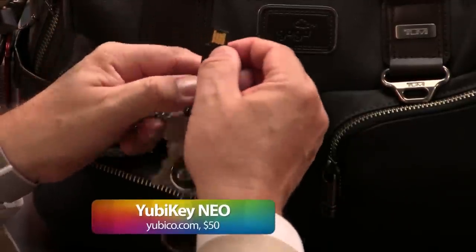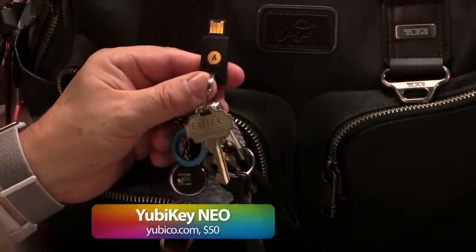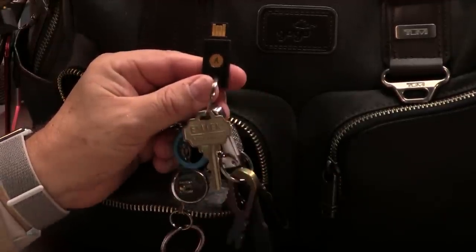Another thing you gotta carry with you at all times, your security key. Google just did a study. They have 85,000 employees. They started requiring this a couple of years ago for them to log into their Google accounts. They have not had one successful phishing attempt because they require the YubiKey. This is a YubiKey,